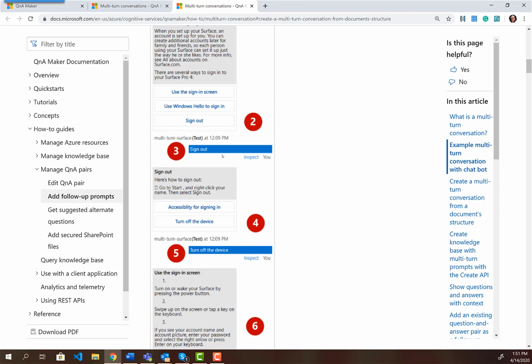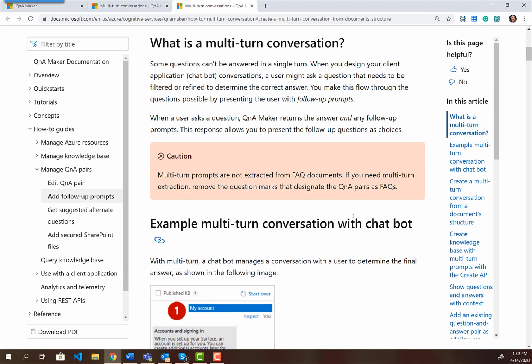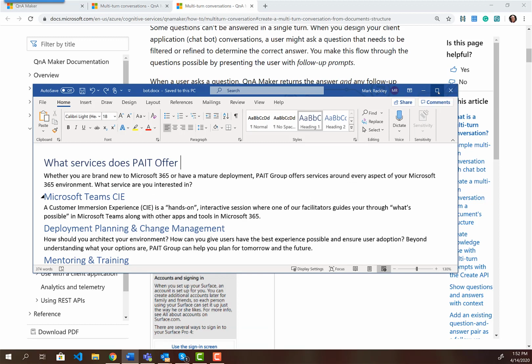And then it looks for subheaders underneath those headers as what prompts should we give the person within that document. It's also very clear that you do not want to end your headings with question marks, and you make sure that you have capital letters. So I actually created a really simple Word document here following those